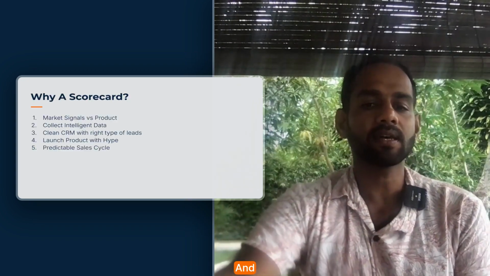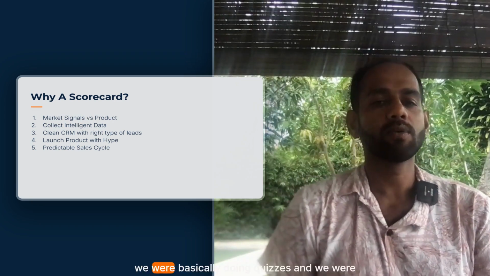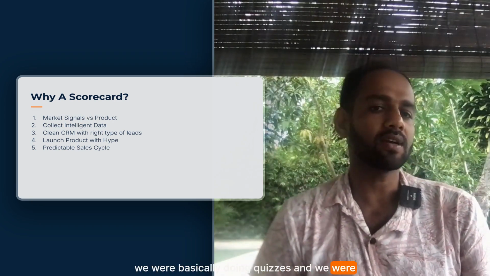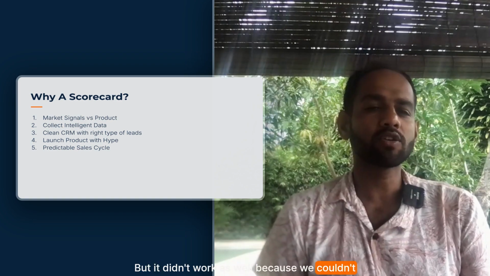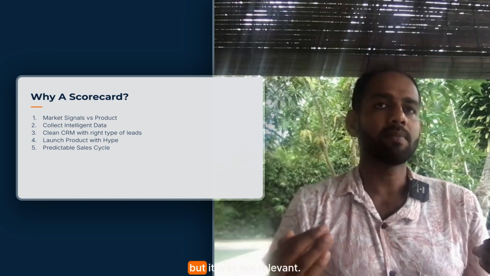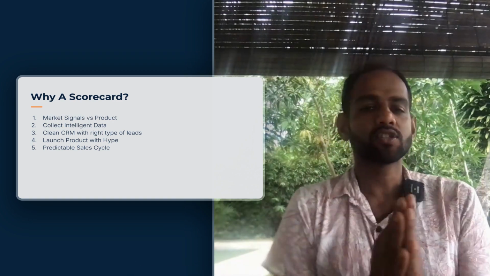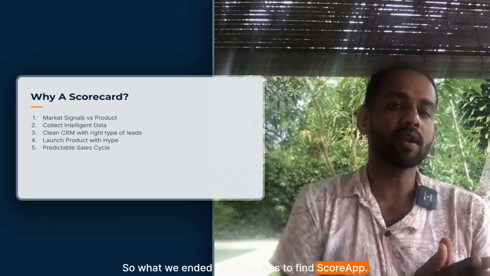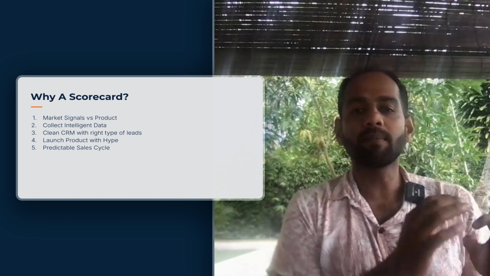For women. And before we did Score App and before we did a scorecard, we were basically doing quizzes and we were trying to get people into our funnel, but it didn't work as well because we couldn't deliver hyper personalization and we couldn't scale it. It was scaled, but it was not relevant. And if we had to personalize, it took a lot of time, right? So what we ended up doing was to find Score App,